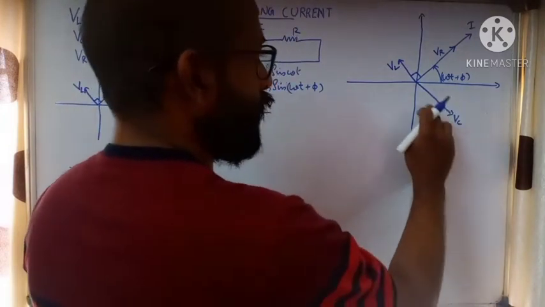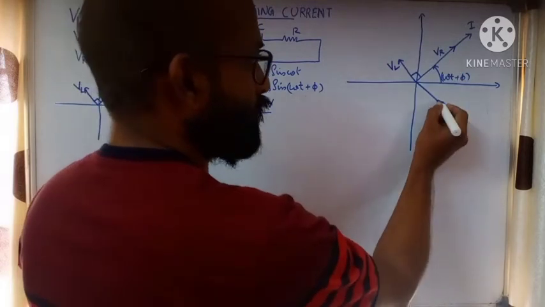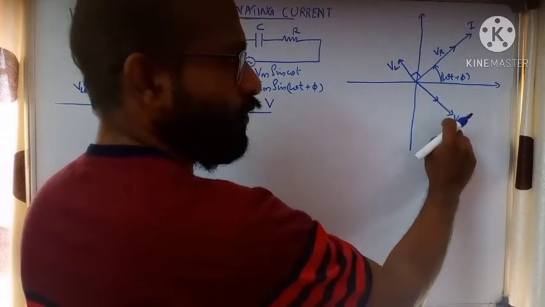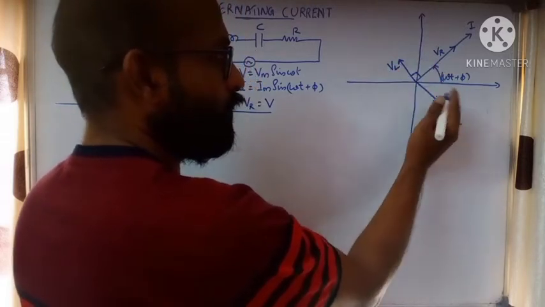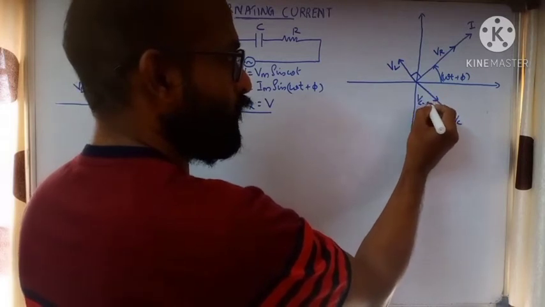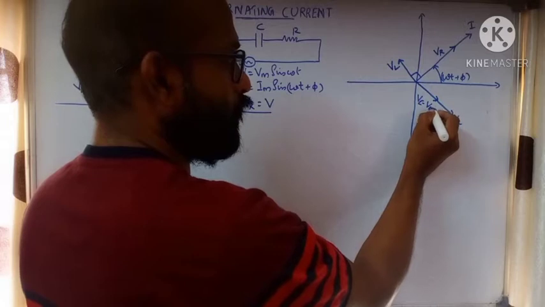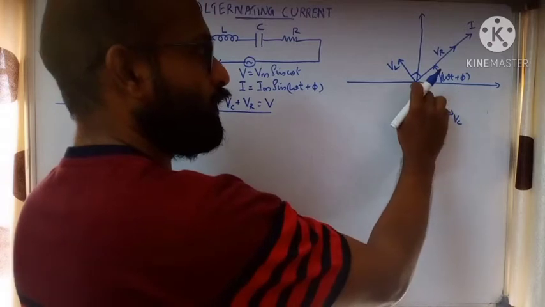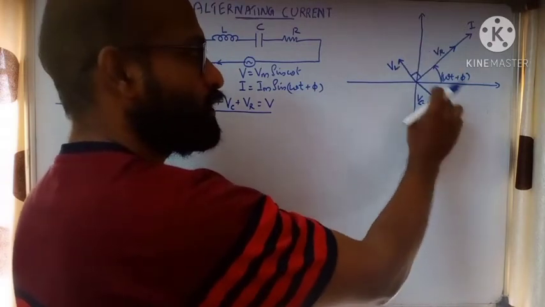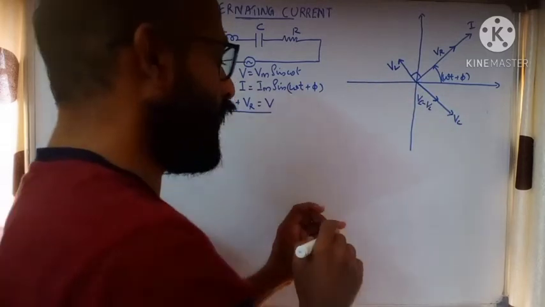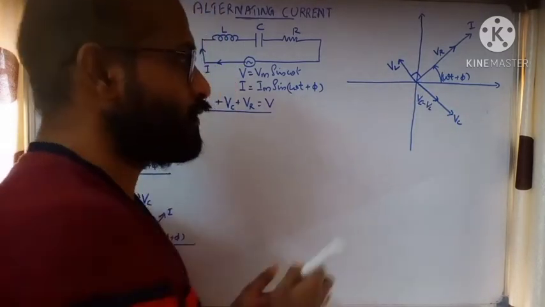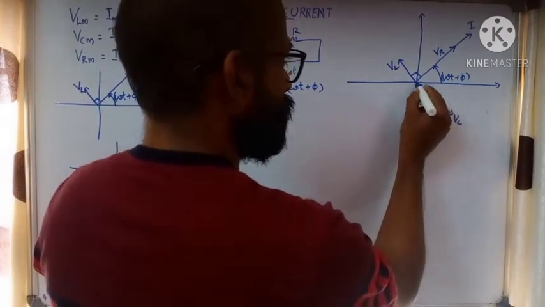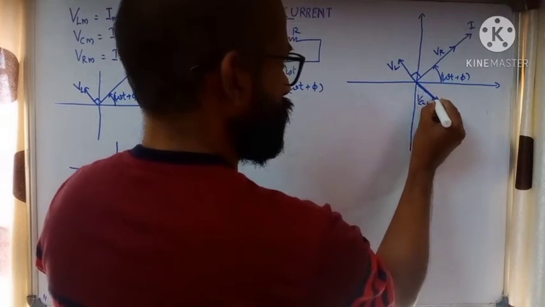I subtract from VC this length VL. If this length is VL, what is the remaining? This is full VC, this length equal to VL. What is the remaining? It will be VC minus VL. So I now need only this vector and the remaining vector VR, because we have already solved this. We added these two vectors. When you add, one is positive, other one is negative, opposite direction. So we have taken VC minus VL. I'll just shade it. This is the vector VC minus VL.